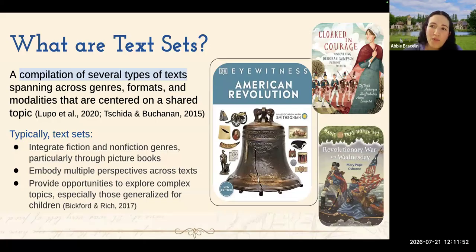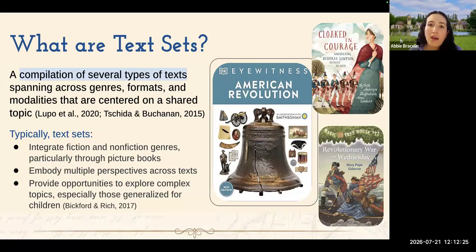Now, for our younger kiddos, using videos to supplement a picture book, for example, or a photograph of a primary source is a really great place to start. Any of those things would be great because when we have different modalities, our students learn in different ways. It supports their learning in different ways and strengthens those neurons, I guess you could say, those connections. It also helps students recognize text structure as they get older.